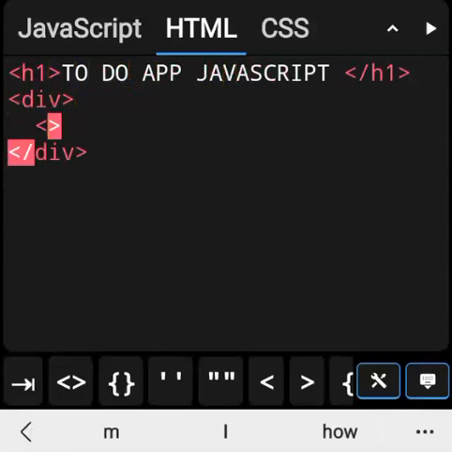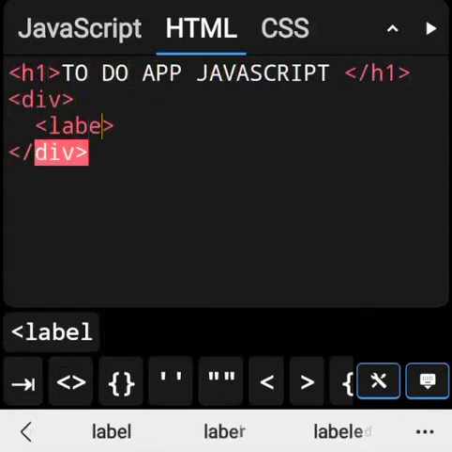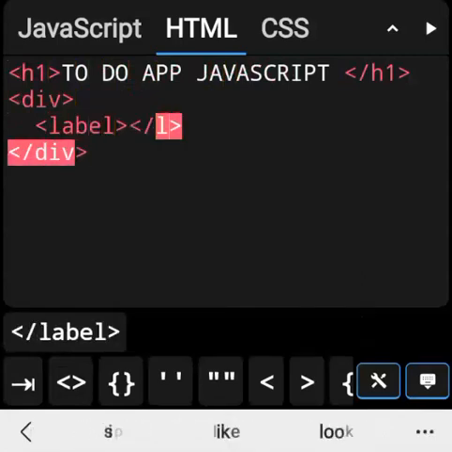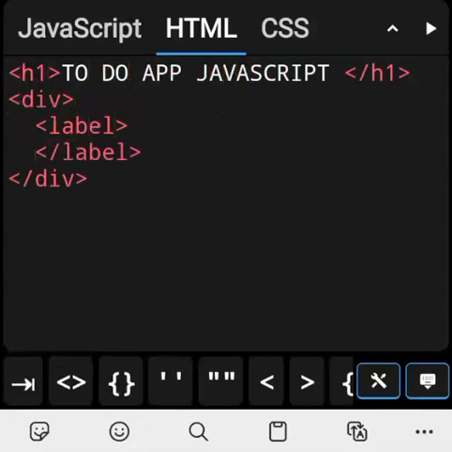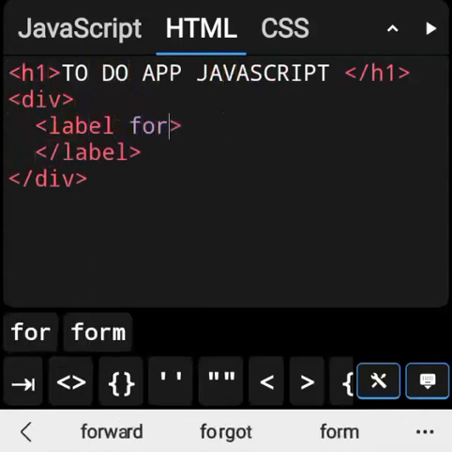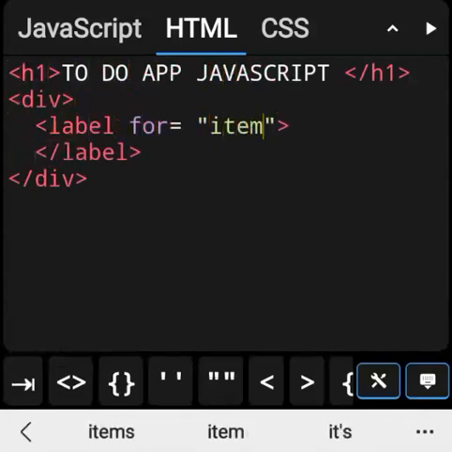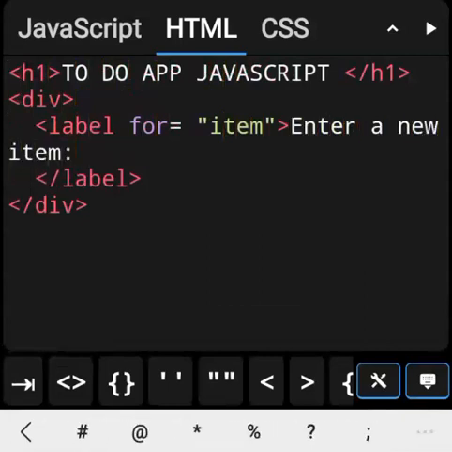So first we make the H1 element with the title and write the heading, To Do App JavaScript. After that, we make a div container with a label. This is how we do it for forms, if you remember HTML forms. You can write the label if you want, otherwise you can just write the input only. But here I'm writing the label